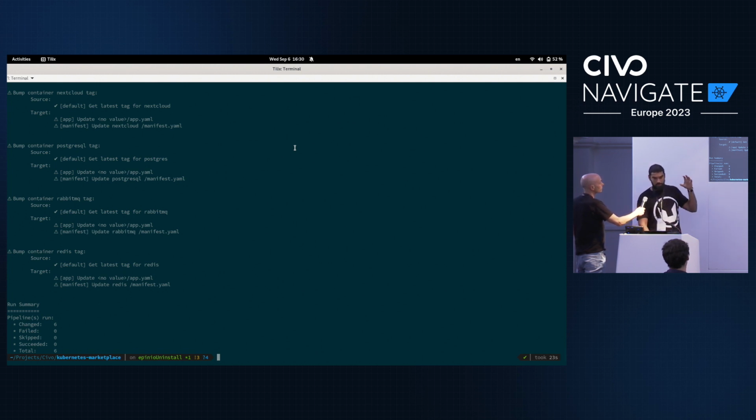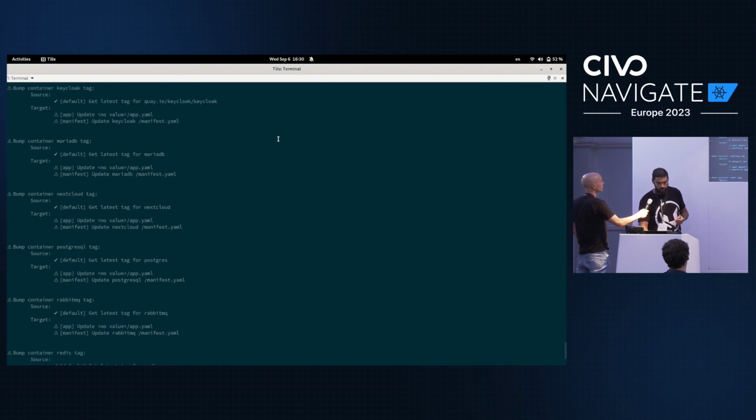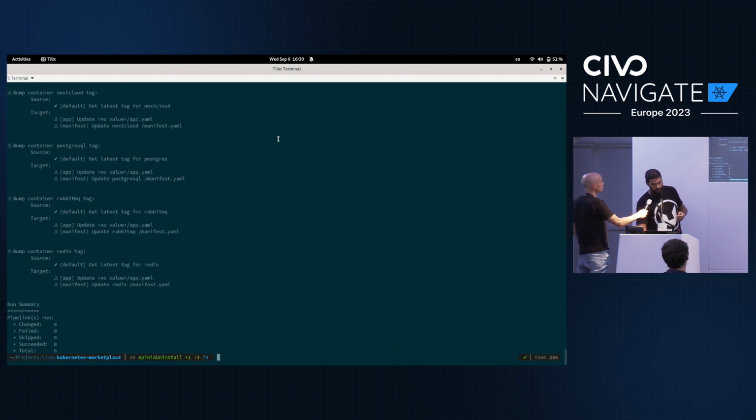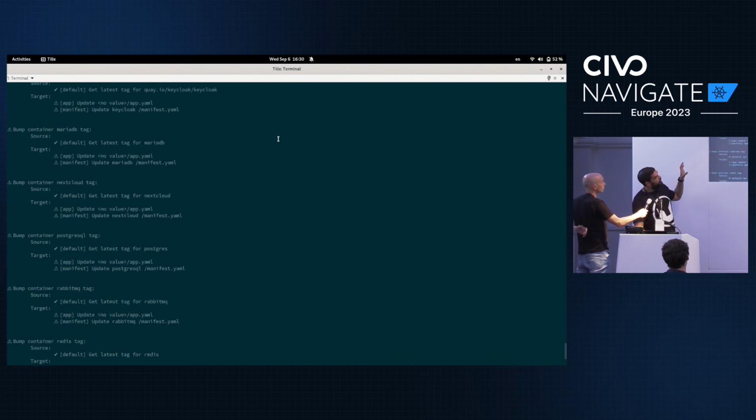Because people at Civo maintaining the Kubernetes marketplace need to validate it, they need to test it. In the end, they're the ones taking the final decision whether we want to bump the version. And so here is, for example, an example. Each time I'm adding a new container to my values.yaml file,